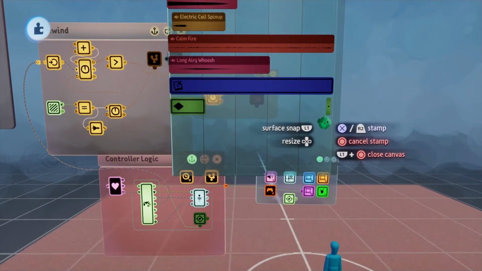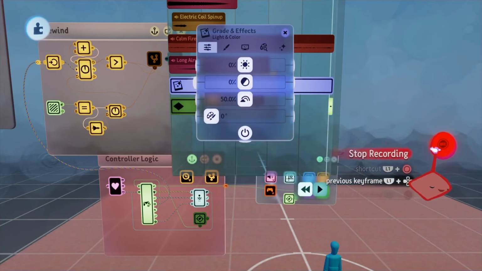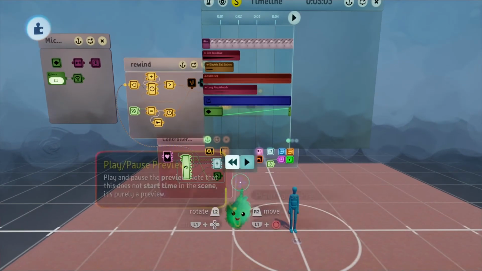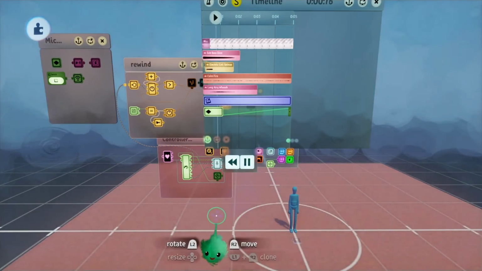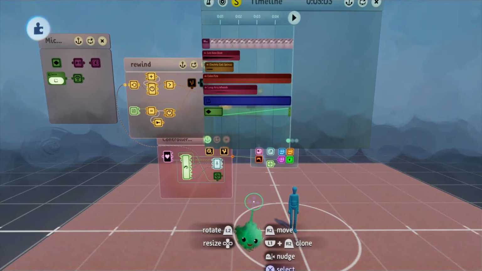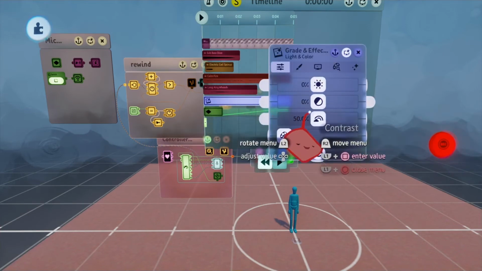And I'll get another keyframe here, and that won't affect anything. That'll just be empty, and we'll blend between the two. So if we play, we can see the bloom starts off at 100% and slowly decreases down. So now I'll get another keyframe out, and this one will be blank,